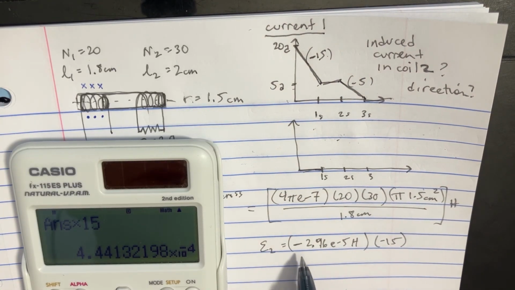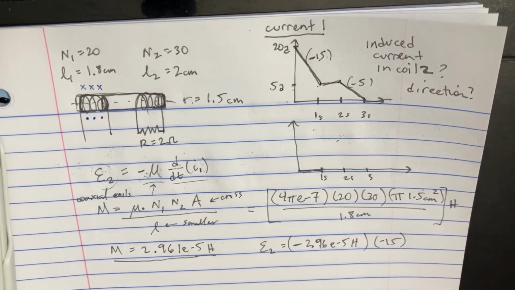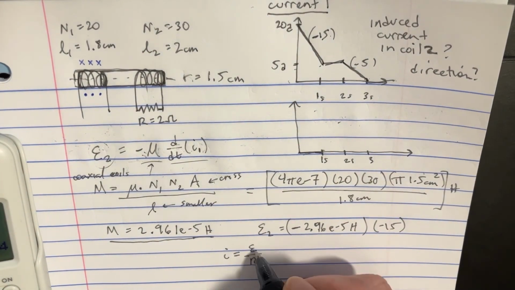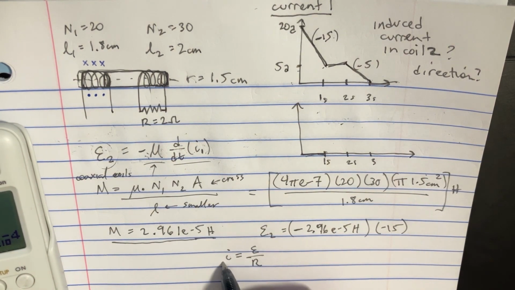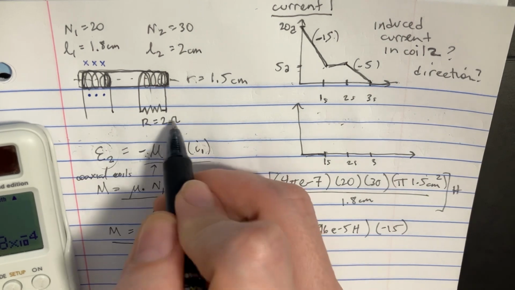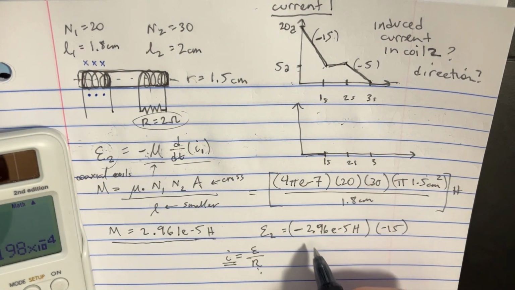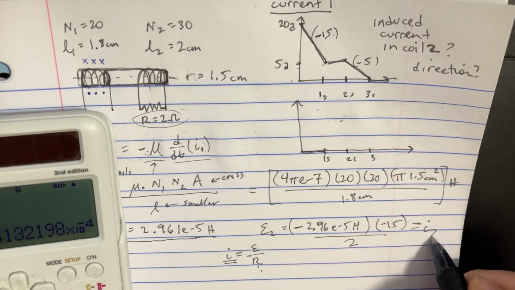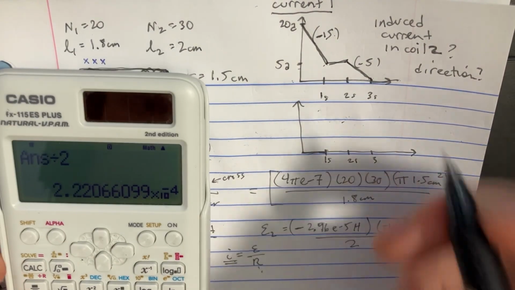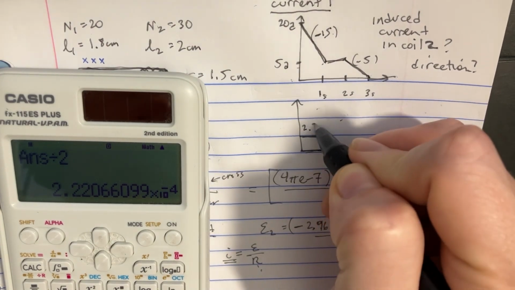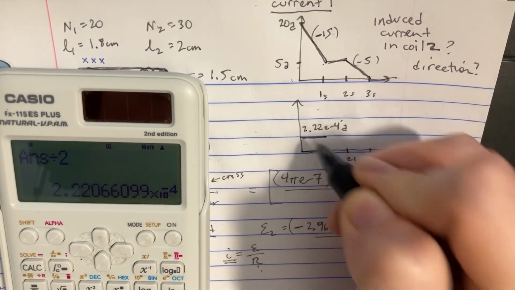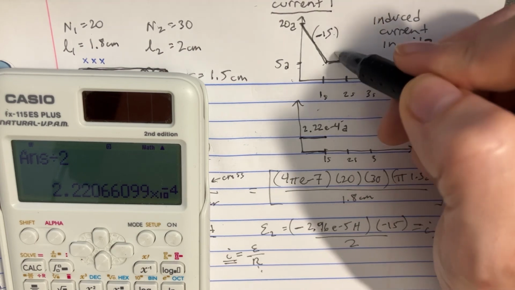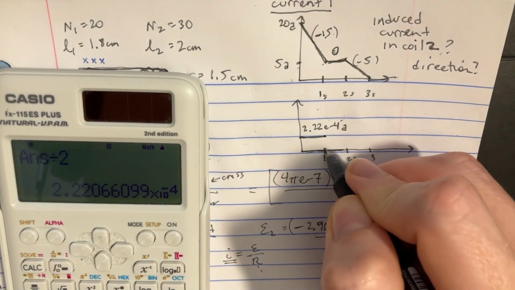So that would be the voltage going through this coil, but it's not the current yet. Let's remember Ohm's law. I equals V over R, the voltage over R. So if you want to find the current, you have to divide the voltage by the resistance. The resistance is 2. So let's divide this by 2. If we divide this by 2, then we'll get the I2. All right, so in this particular section, we have 2.22 e to the -4 amps, right there. And then in this section, because the current's not changing, this is a slope of 0. You multiply them there, you'll get 0. So in this section, we actually have